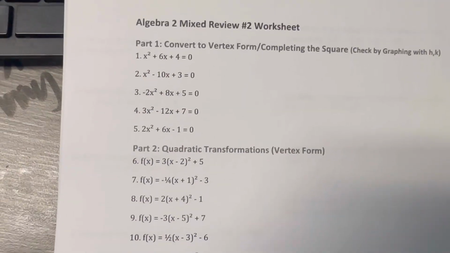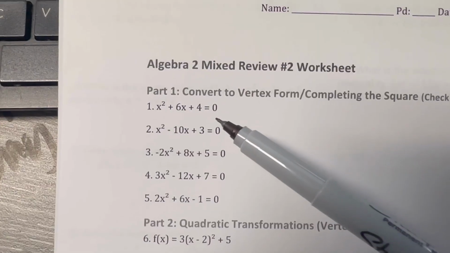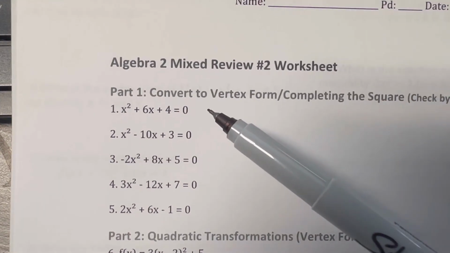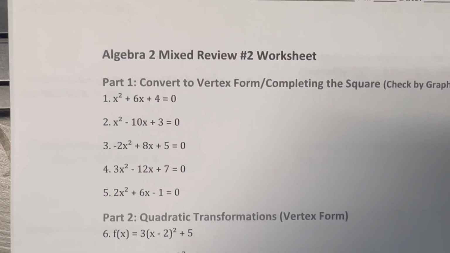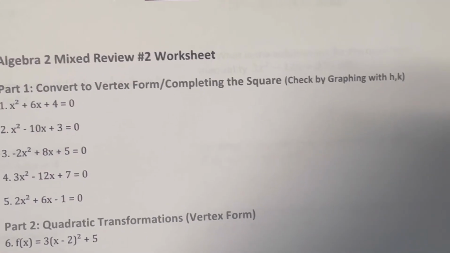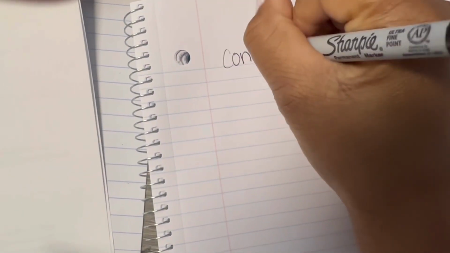Okay, you will have questions where you're given an equation in standard form and it wants you to either complete the square or convert to vertex form. Well, you can do that using the completing the square method. You can also do it by graphing as well, where you identify your h and your k. So let's go ahead and do it by hand and then do it by graphing. So let's do both. This one is converting